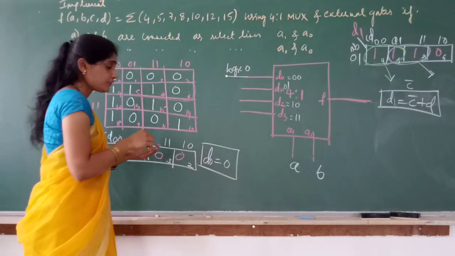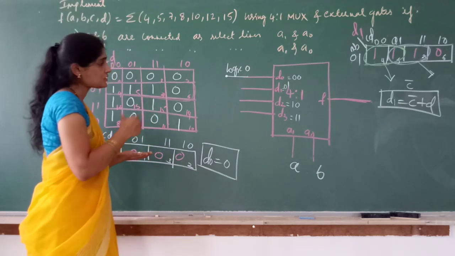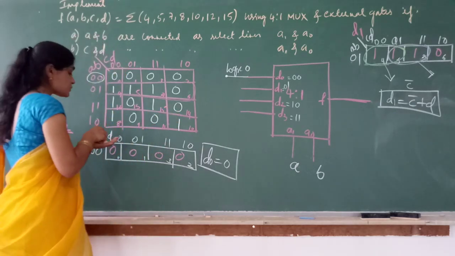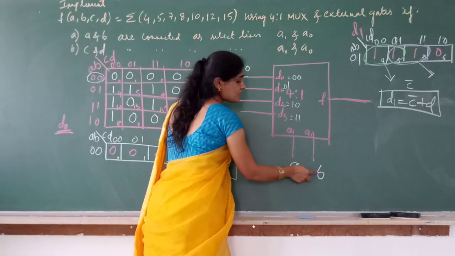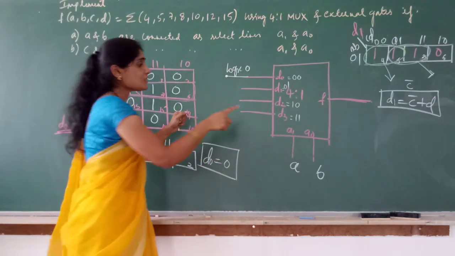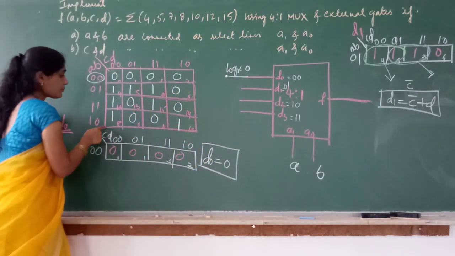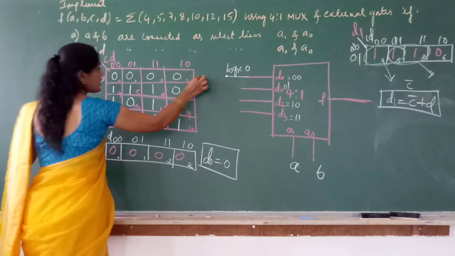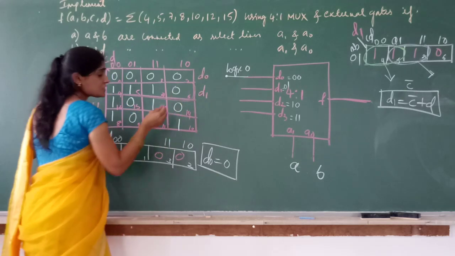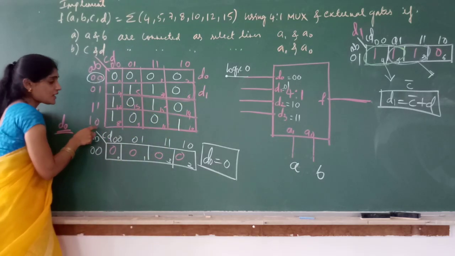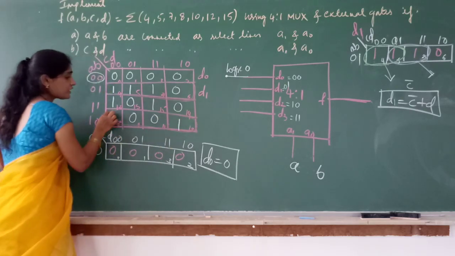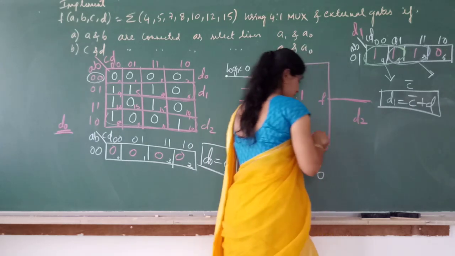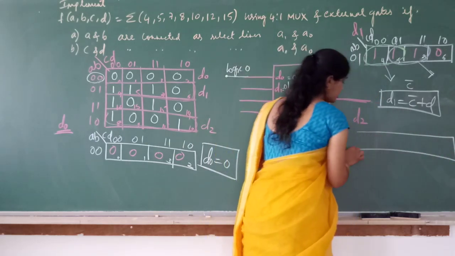That is right for D2. If you have any confusions here, if I write D2, you will get more clarity for writing the equations. You get D2 when AB is taking 1, 0. Look at the K map, where AB is taking 1, 0. Here AB is taking 1, 0. So this is D0. This is D1. Which is D2? This is D2 because AB is taking 1, 0. So let us write D2 separately. Let us simplify for D2. Let us write the K map only for D2 separately.